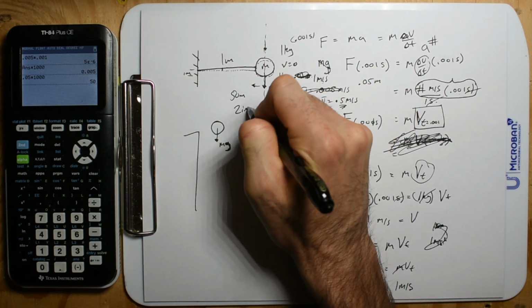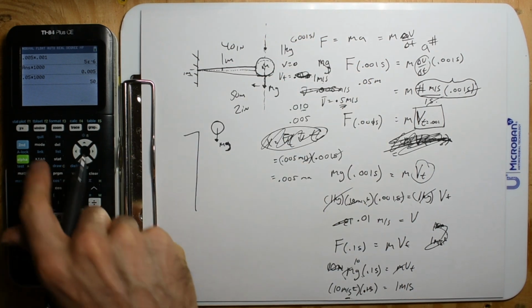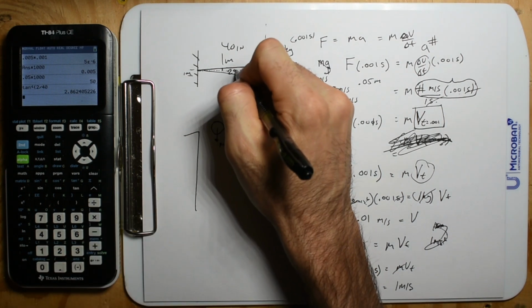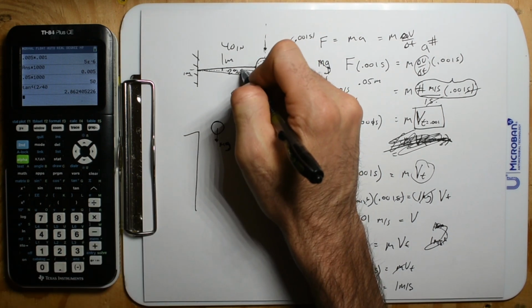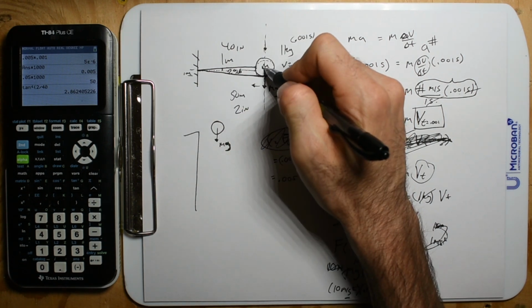And that's about 2 inches. So this is 40 inches, and we went 2 inches. So inverse tangent of 2 divided by 40. We did about 2.86 degrees. And if we did 2.86 degrees, then